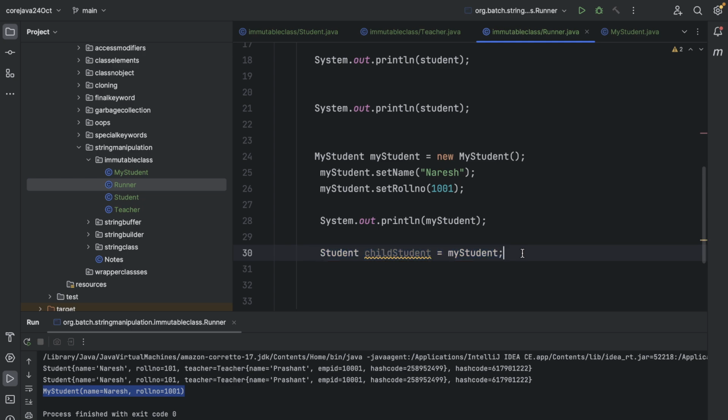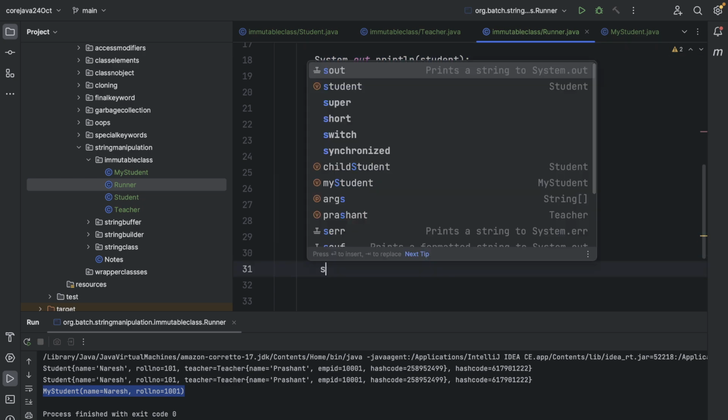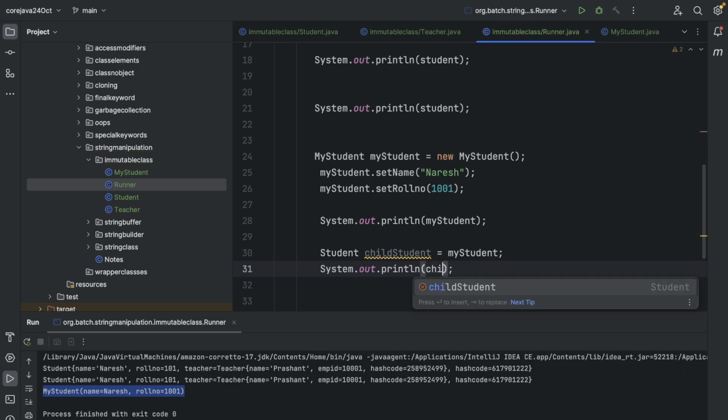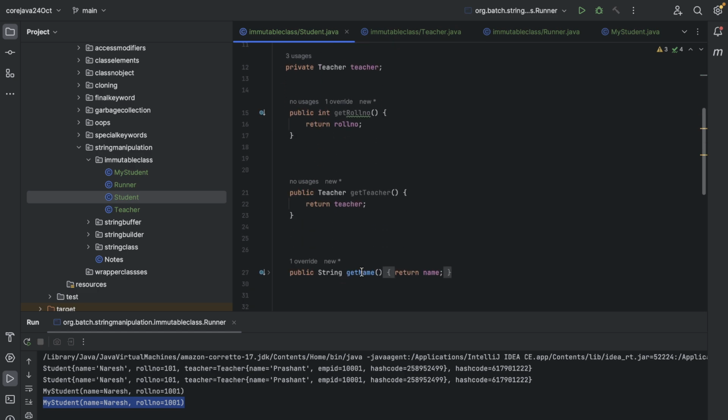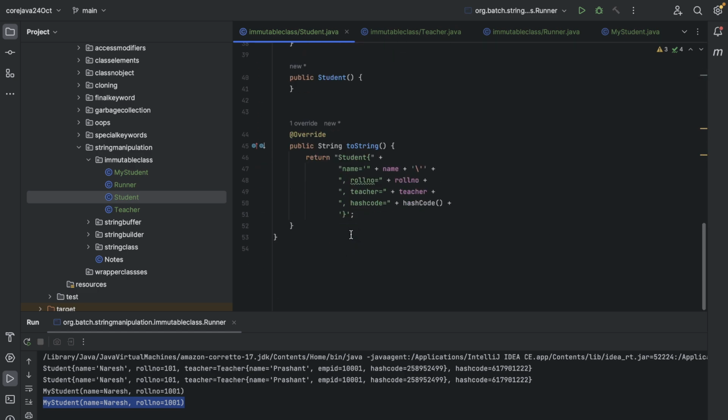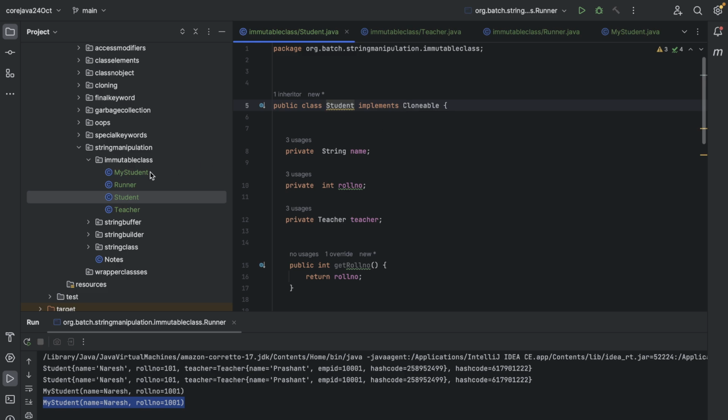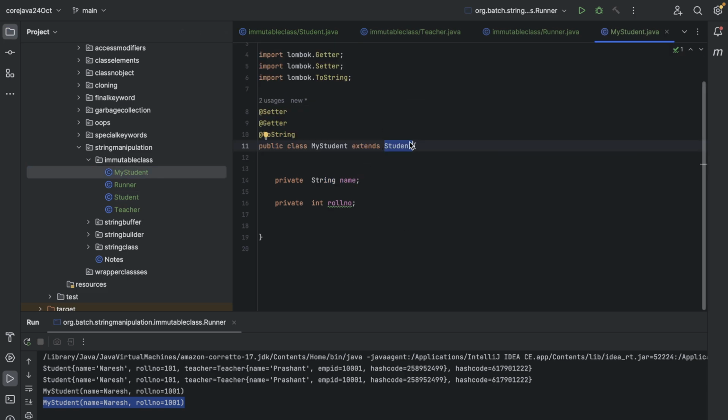All right, given that, this is possible, right? So if I print this child student, somewhere someone is expecting the student class, and I am passing my child student class over there, right? So at the last, the child student is getting printed, because the child student's toString method is printing, right? So what if I just remove the toString method from here? Okay, not from Student, from MyStudent. If I just remove the toString method and run this again,